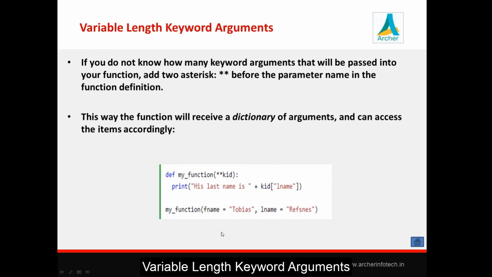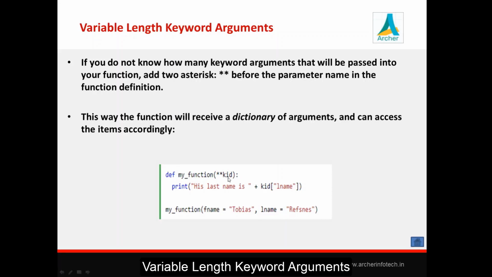See here, at the time of function call, you can create any number of argument value pairs and you can send them to the function. So this will work as an argument name, this is a value. That argument name itself is a keyword. So this is one keyword, its value, keyword, its value. This way you can create variable length arguments and send them to the function.